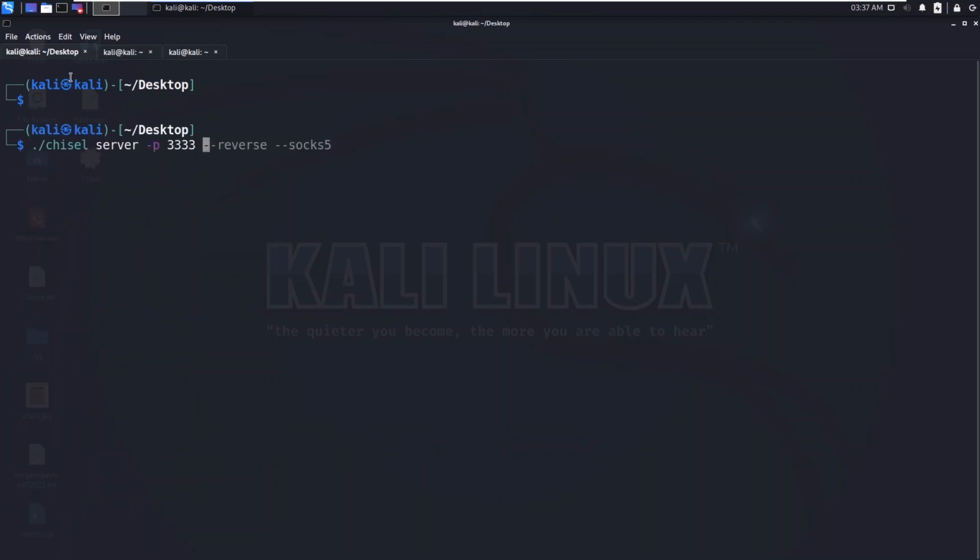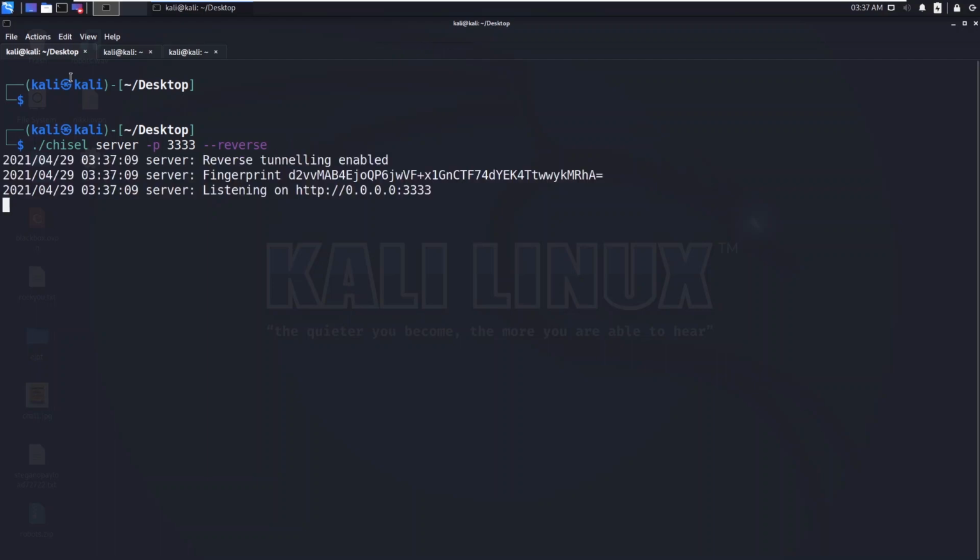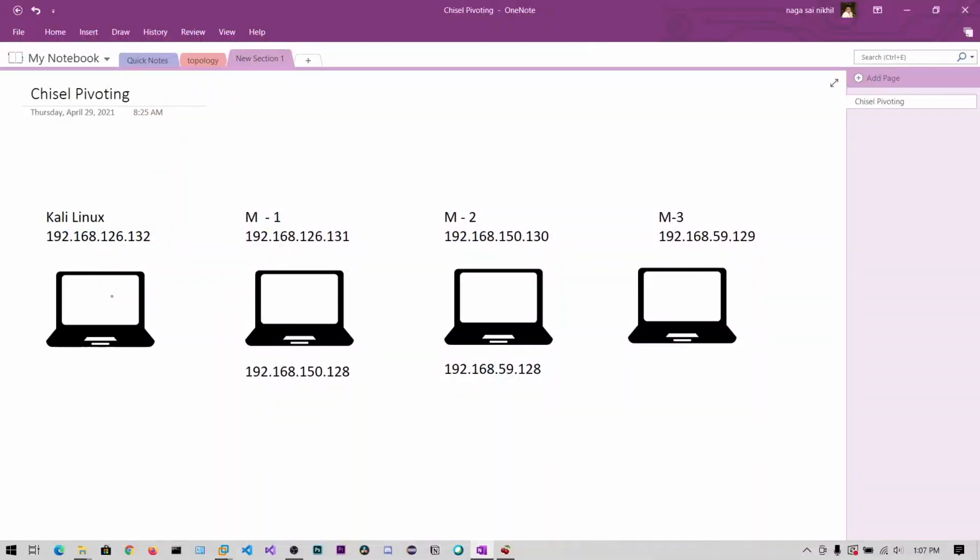One method we are going to use is reverse. Whenever we are running the Kali Linux in server reverse mode, any client that can connect to this can open a port on this Kali Linux machine, and then it can decide where the traffic should be sent.